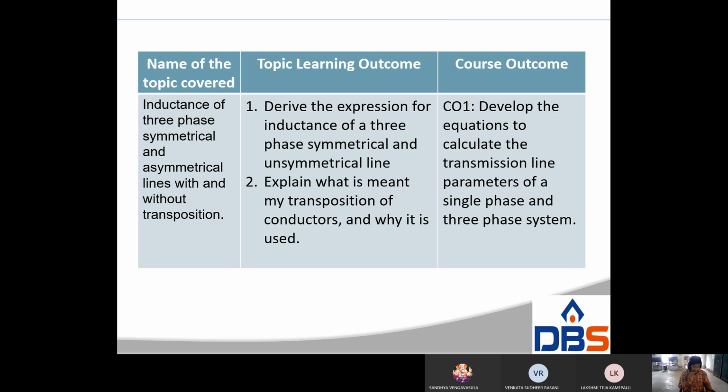First of all, we have to determine the flux linkages of A. Flux linkages of A means the internal flux linkage of A and the mutual flux of the B conductor and C conductor, right? Suppose we have to derive the flux of B: it means the self flux linkages of the B conductor and the mutual flux linkages of A and C.